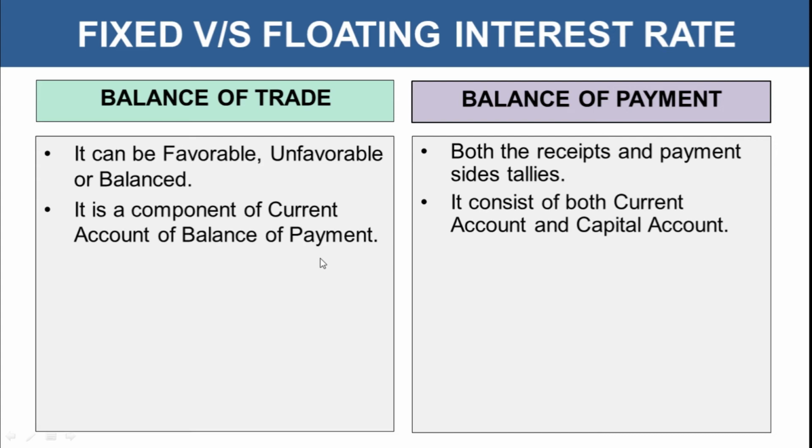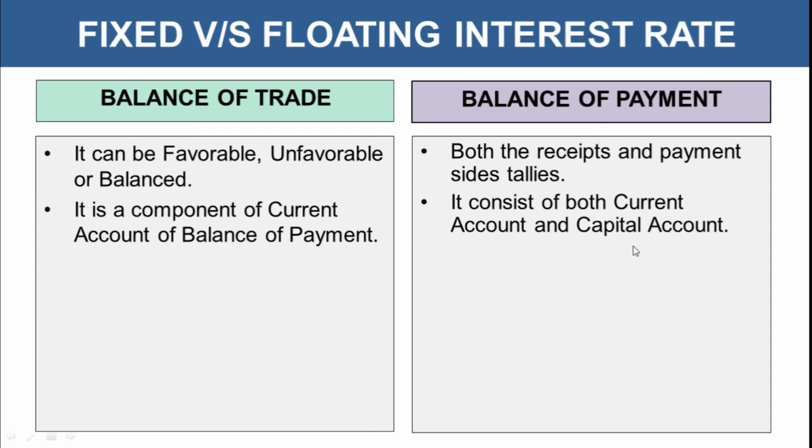And we talked about the transfer payments in the form of gifts and donations. That also comes under current account. But you can see that balance of payment is not just current account, it also consists of capital account. Capital account is whenever investment is made in shares, real estate, bonds, or long-term loans of another country. So it is investment by an individual of one country in another country, or by government bodies or corporates. All those things, including gold and foreign exchange, come under capital account.